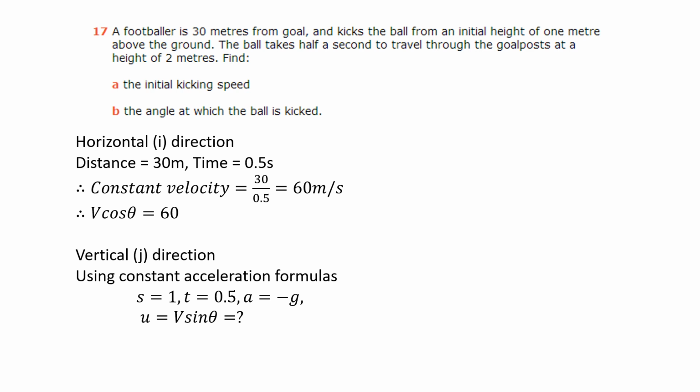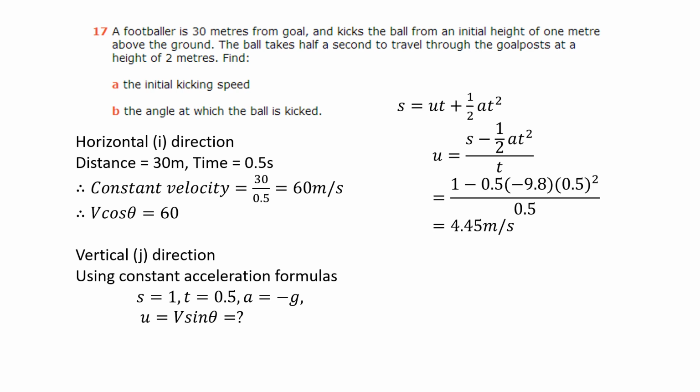Our initial velocity is, of course, our kicking speed, v, but as resolved in the vertical direction, it's v sine theta. Okay, so let's see, we've got S, we've got t, we've got a, we need u in this instance. So what comes to mind? That's right, s equals ut plus half at squared. We resolve to make u the subject, subbing all those values in, and you can see you get to 4.45